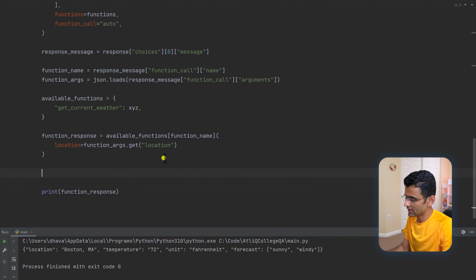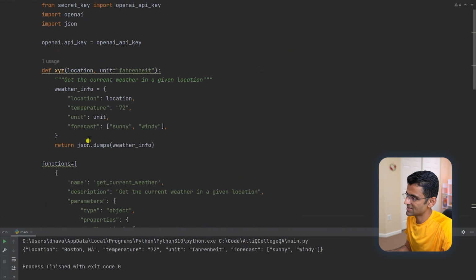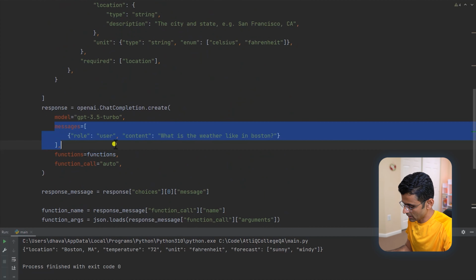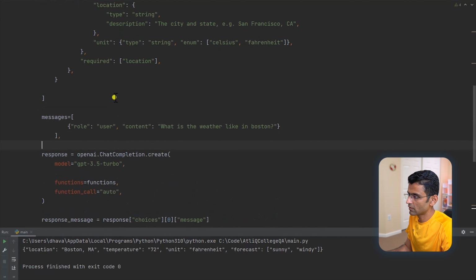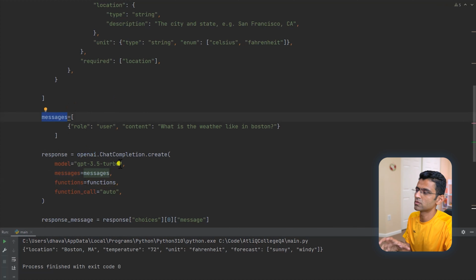For doing that, we have this messages parameter in our call. We will make a variable out of it, and then for messages we'll pass that, and in this messages we will append a few things.